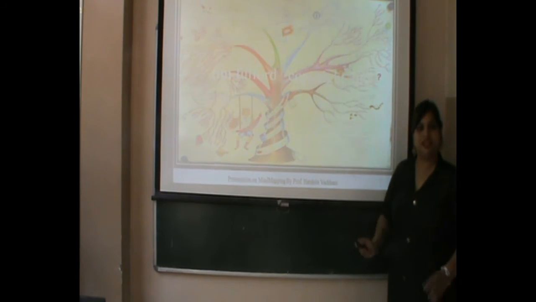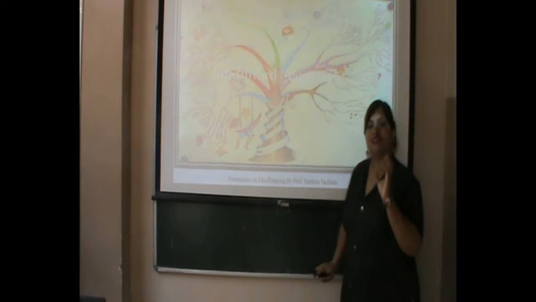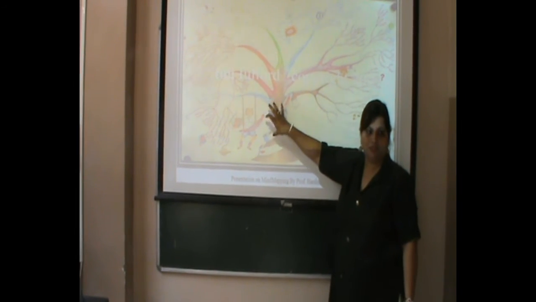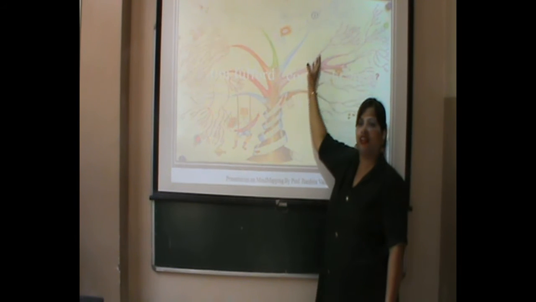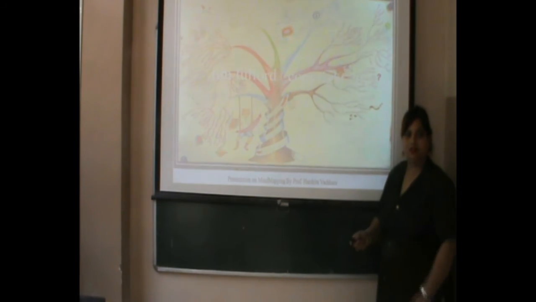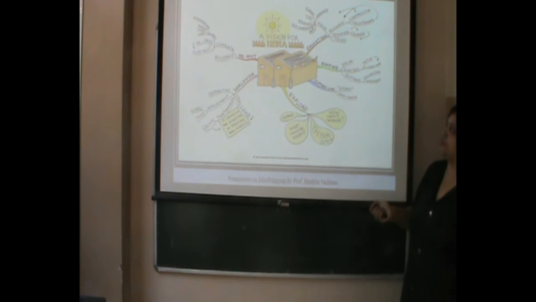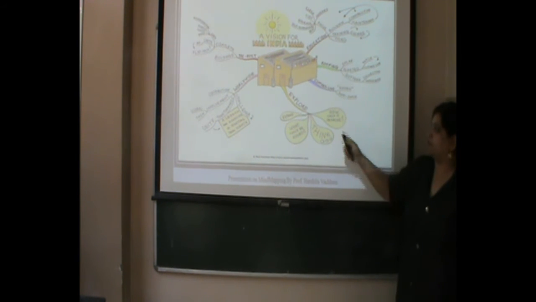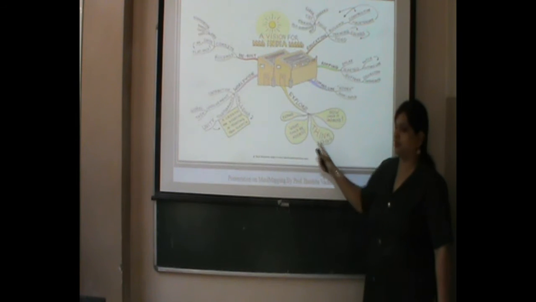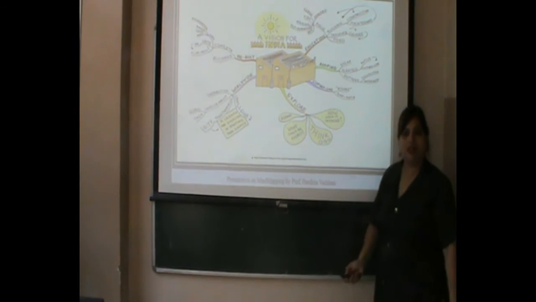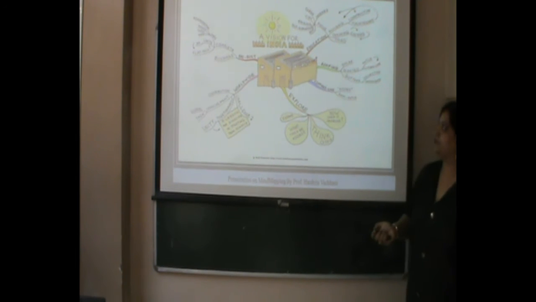So it is not a restriction that you have to. The only thing is the central image, the topic, needs to be put at the center, like what topic I am explaining, and the sub-branches we can draw whatever way we want to. Now this is a vision for India. This is one kind of mind map. See, we have used it in this way. So this can also be used by drawing the mind maps.